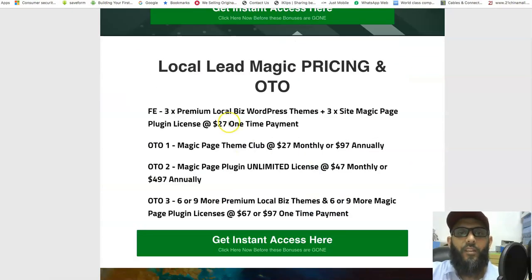For a $27 one-time fee, you get a plugin that will help your business or your client's business generate leads automatically. This is going to be a no-brainer. I'm telling you, a one-time payment for a plugin that helps you generate leads. Imagine doing a website like this for even one company, a website of 500 or 1,000 pages for a local business client. Imagine how much you can sell that website for.